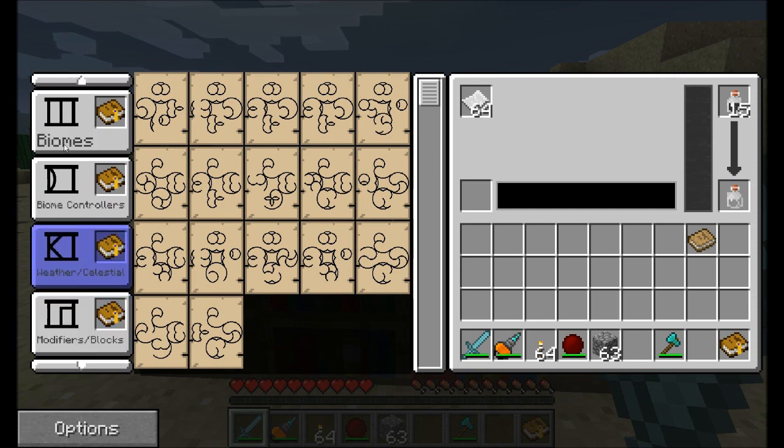For an age, you need things like biomes. It has to know what biomes are going to be in the age. It has to know what kind of suns and moons and celestial events you're going to have. It needs to know some type of weather, whether there's going to be no weather at all, or if there's going to be eternal snow, or just normal weather, things like that. So these required effects are going to be in every book written, and that's done by using the grammar system